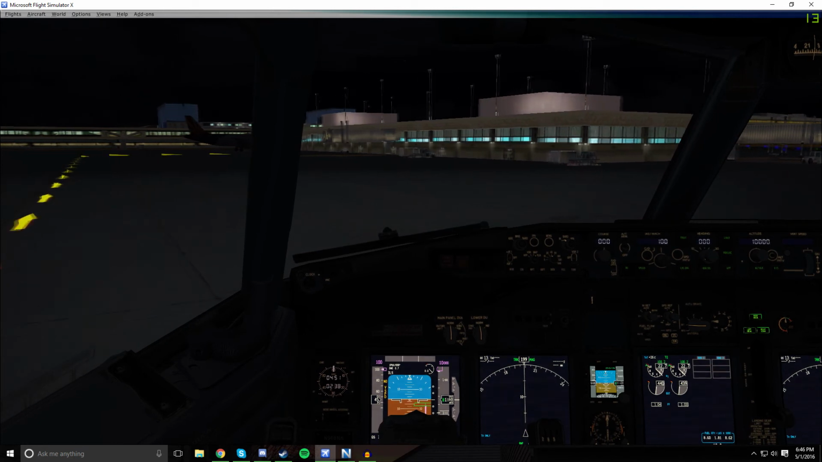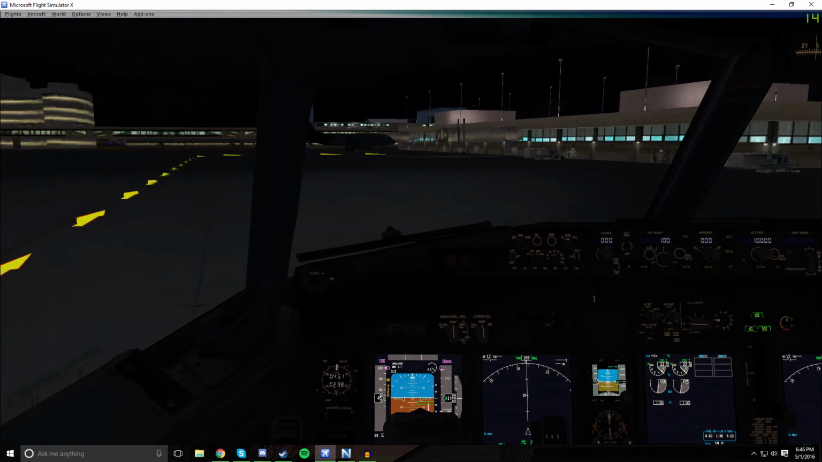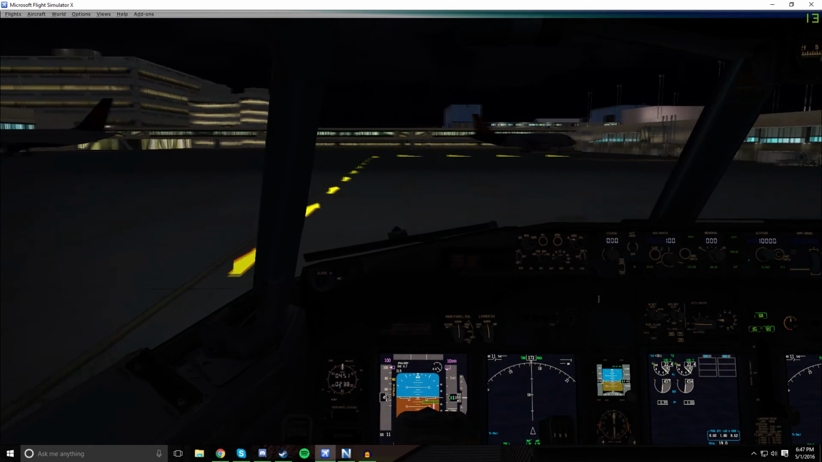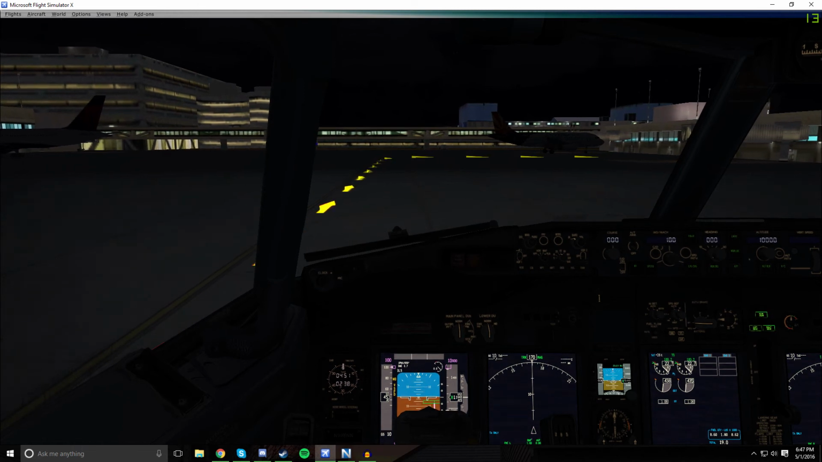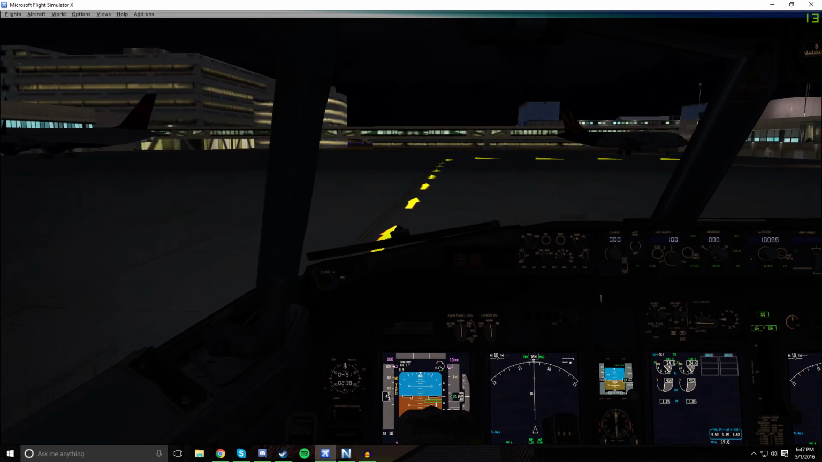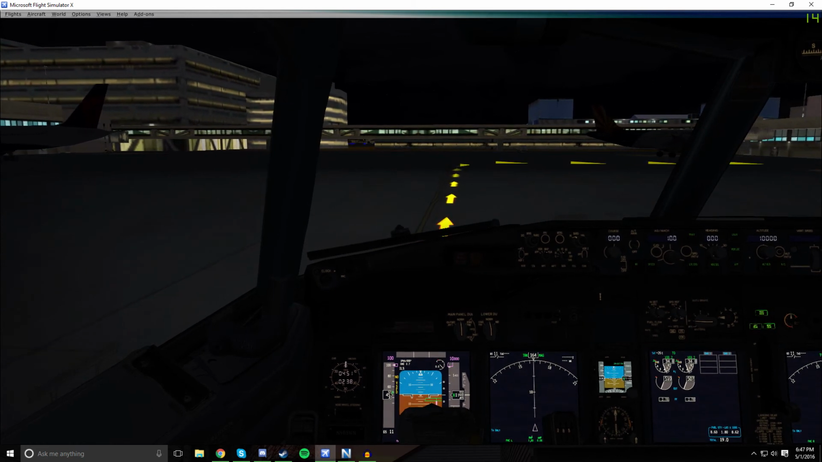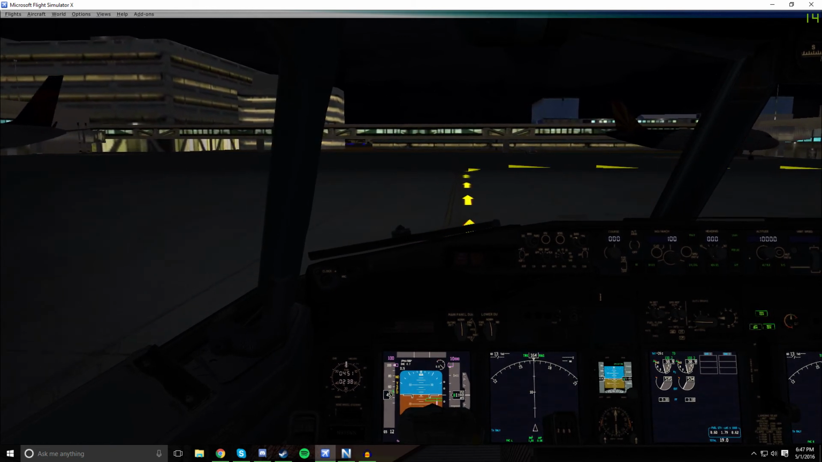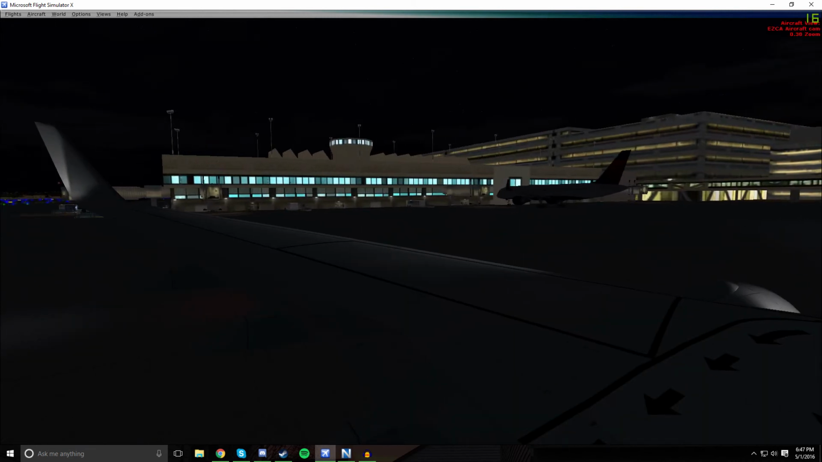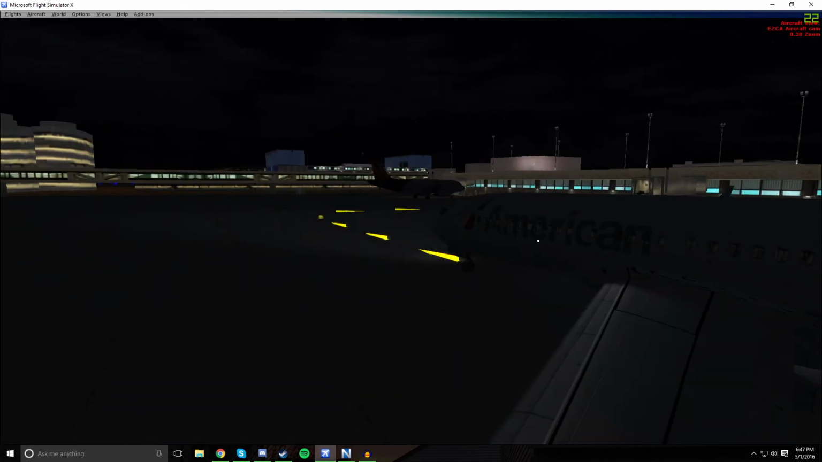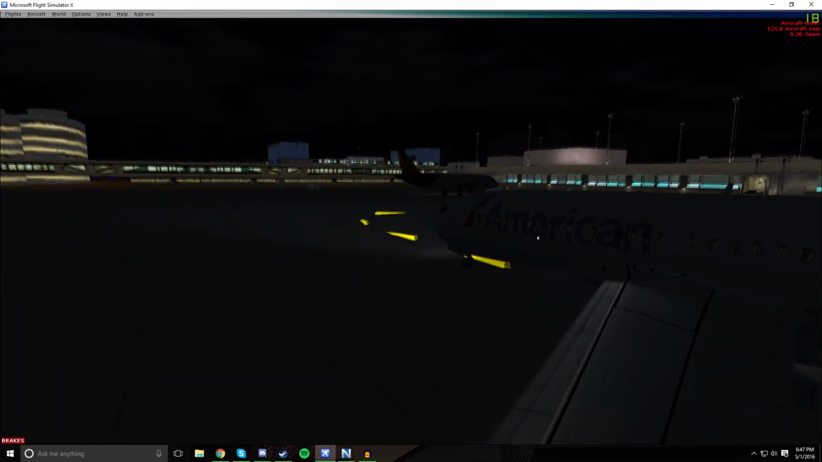You know, if my GSX was working. Oh, that's a US Airways. Never seen that one before. Alright, I do not have GSX, so I do not have access to